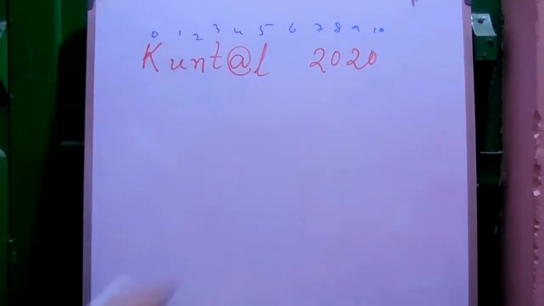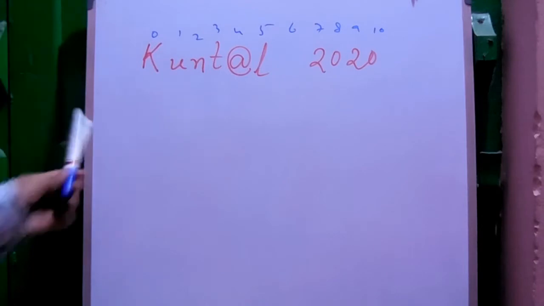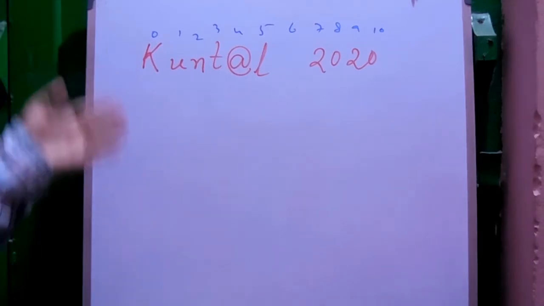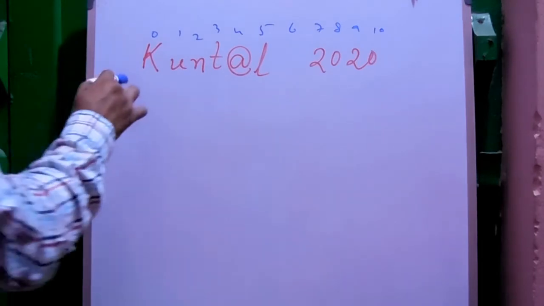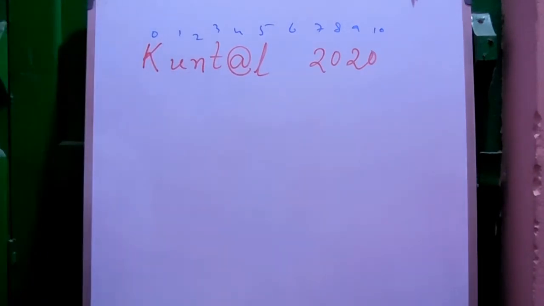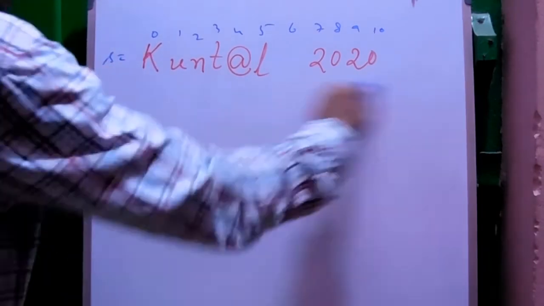Suppose we have taken the input. You know how to take input through the main method, and this program I will also show you practically, on the computer. The full program you will get there, or also in my app. Now I am just explaining it here. If we take this as the input, suppose we assume the value of s is this.